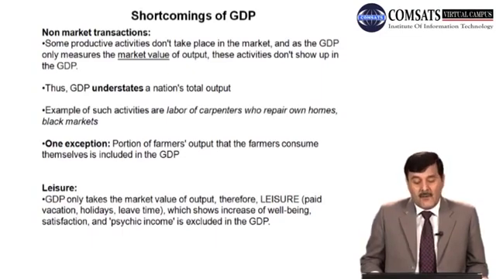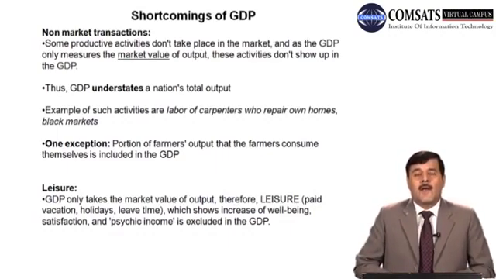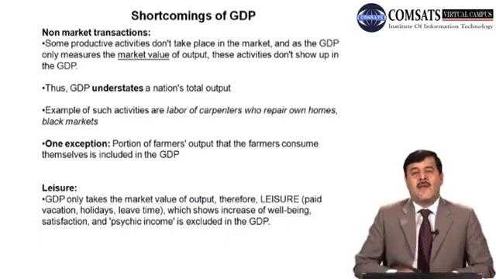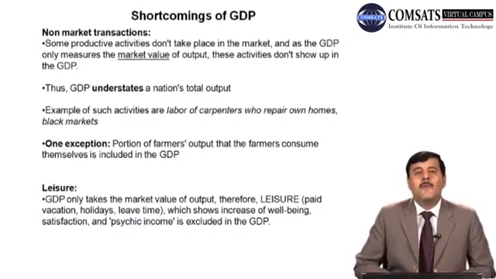One exception can also be there. Portion of farmers' output that farmers consume themselves is included in GDP. तो किसान जब अपना गंदम लगाते हैं या कोई दूसरी फसलें लगाते हैं तो उसका कुछ हिस्सा वो जो खुद इस्तेमाल करते हैं वो तो जीडीपी में शामिल किया जाता है, लेकिन दूसरी जो प्रोडक्टिव एक्टिविटीज़ हैं जिनकी हमने अभी